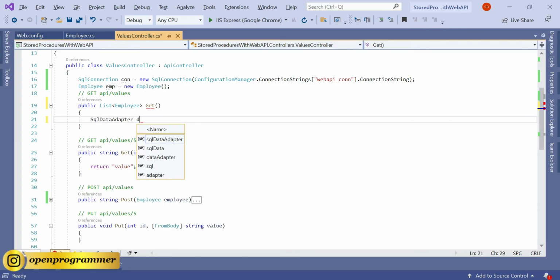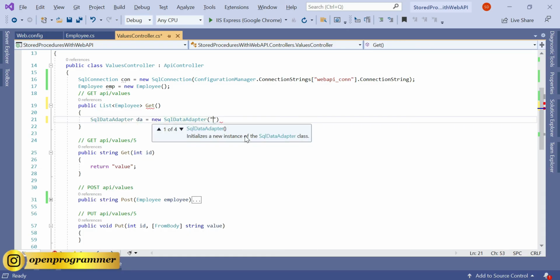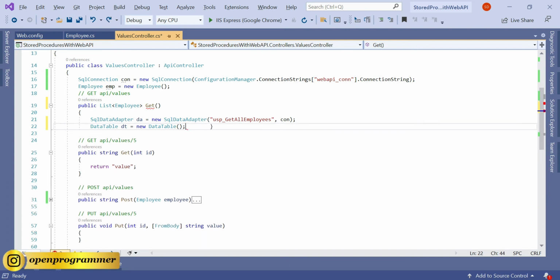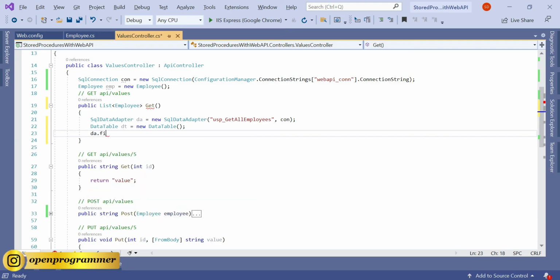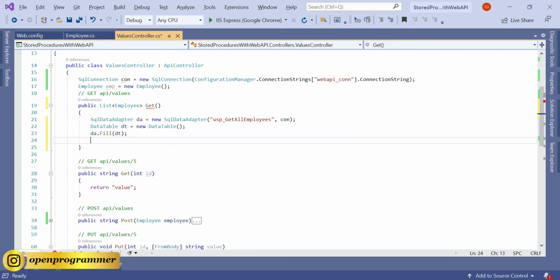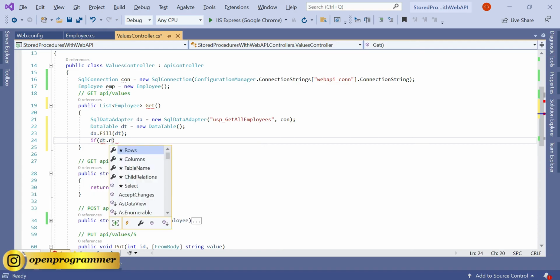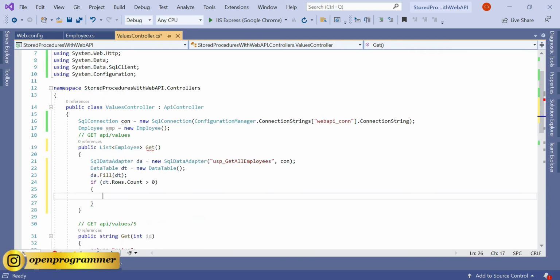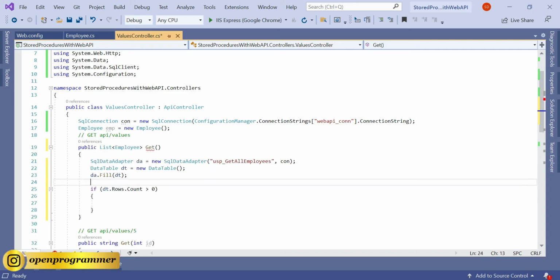Now SqlDataAdapter da is equal to new SqlDataAdapter. So for this we'll use the command, comma connection. Now we will also use a DataTable, dt equal new DataTable. Now da dot Fill dt. So the data adapter will fill all the records into that data table. So let's try to make a check. So dt dot Rows dot Count greater than 0. If there is any single record, then we need to fill a list,